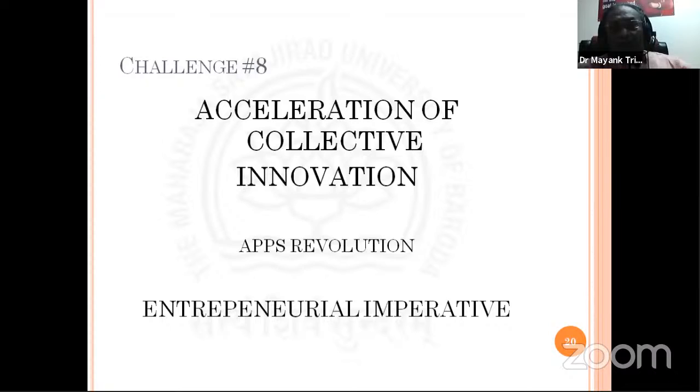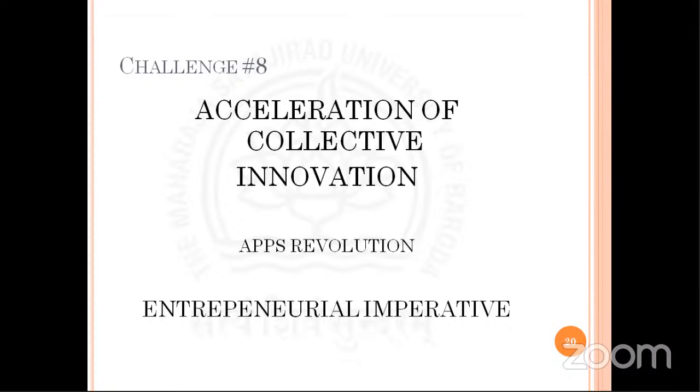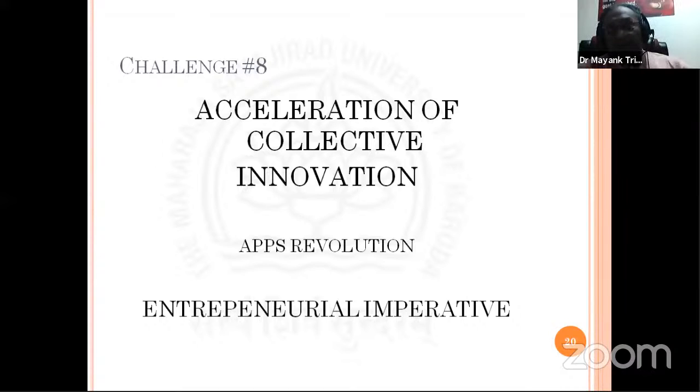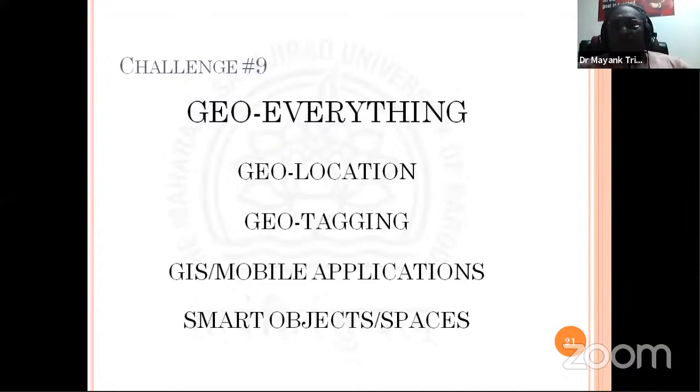Acceleration of collective innovation, apps revolution. Say for example, if I develop my library website, a dynamic website, then I need to develop mobile apps also. So the apps revolution is also there. Entrepreneurial imperative is also there. Geo everything: geolocation, geotagging, GIS, mobile applications,